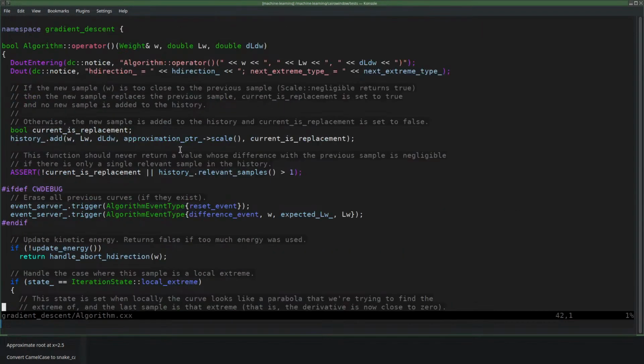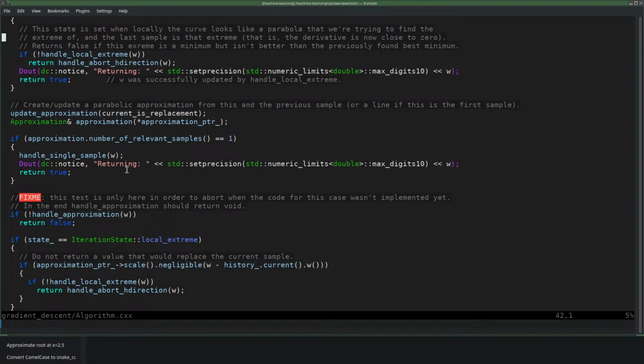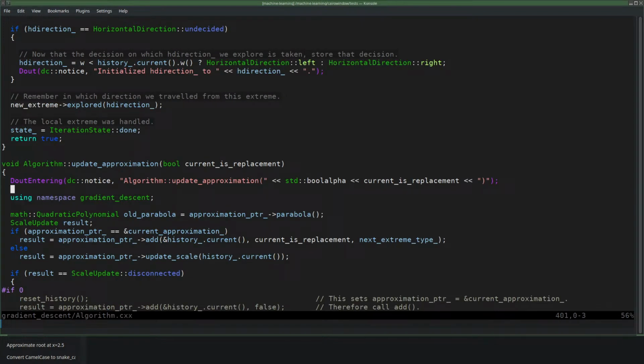Because yeah, or not. Wait a minute. Update approximation. No, I cannot. I can call it from inside update approximation. So if we go inside update approximation, then we can, I think,